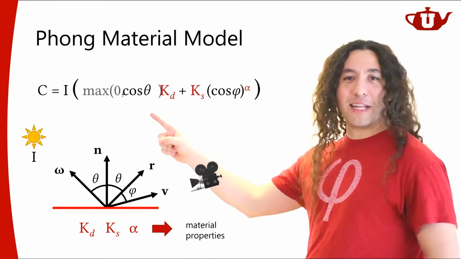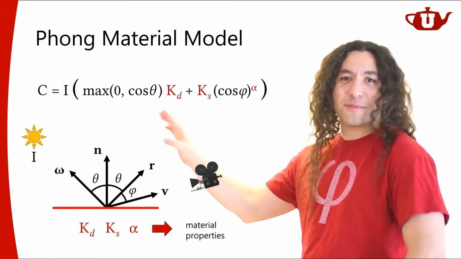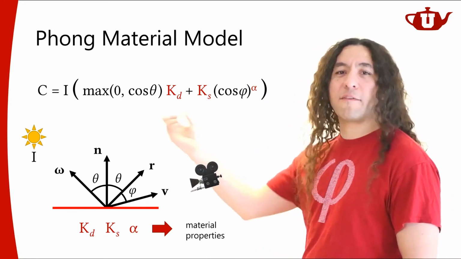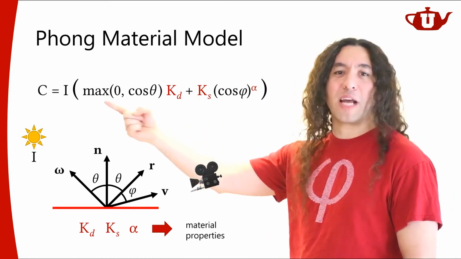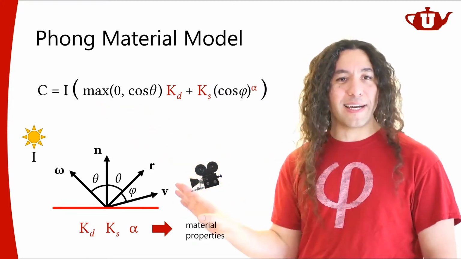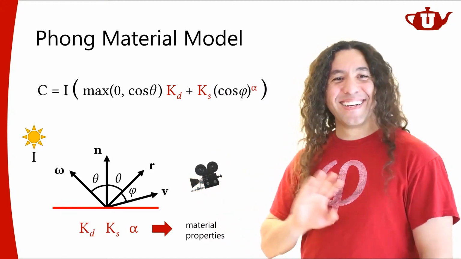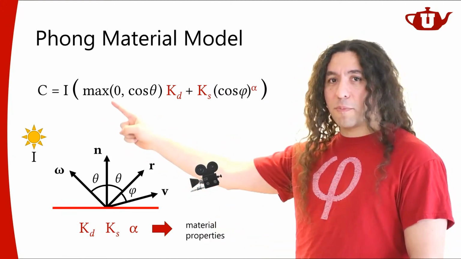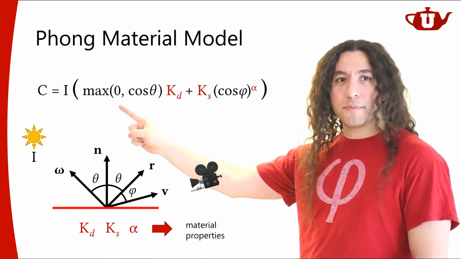So I don't want the negative part. I'm going to write it in this form. When I write cosine theta, it's shorthand for this, but this is actually what I mean. If the light is coming from behind, no, I don't want that light. I don't want the negative light. So this has to go. This needs to be positive or 0.